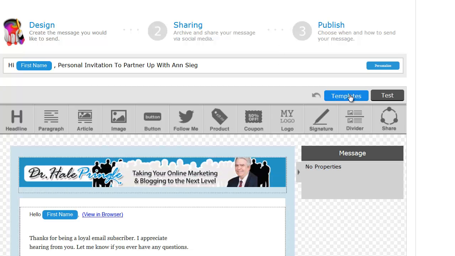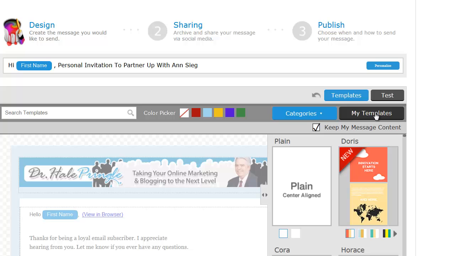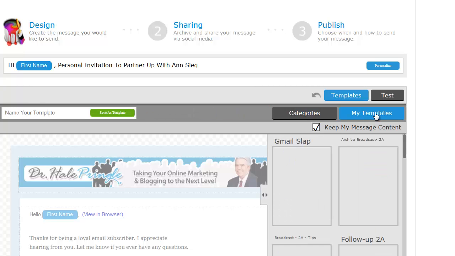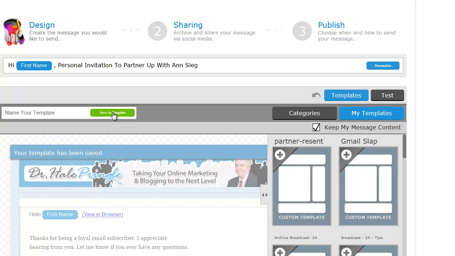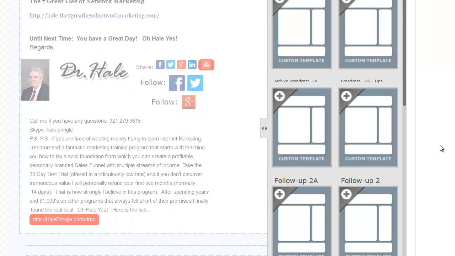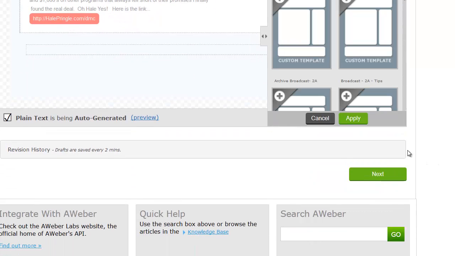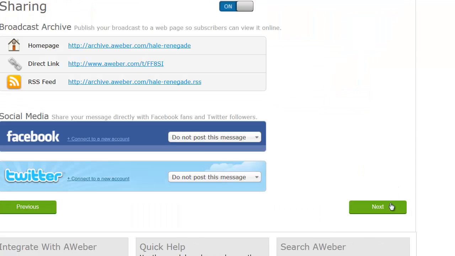I'm going to click on Templates, My Templates. I'm going to enter a name on it. Partner, resend, and save the template. And that's really all I want to do. What's going to happen here when I go down and save it and exit,